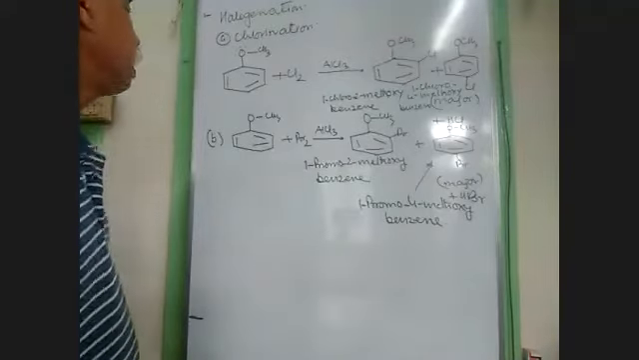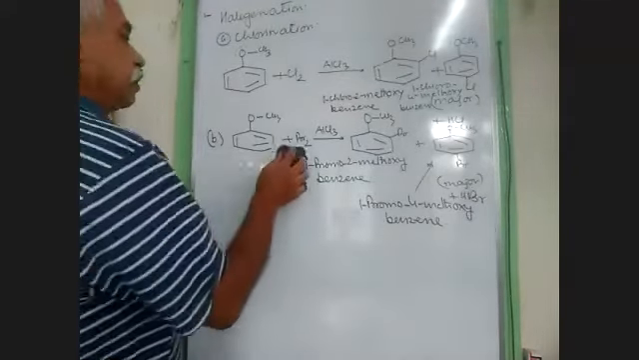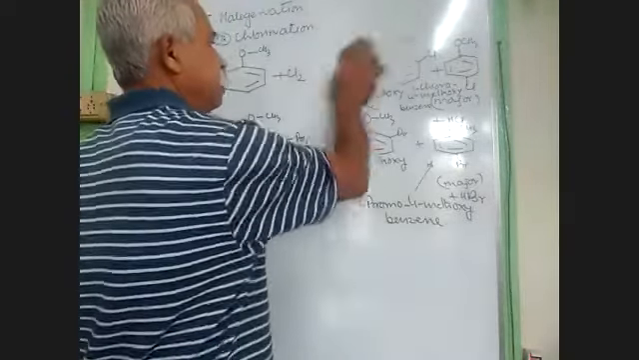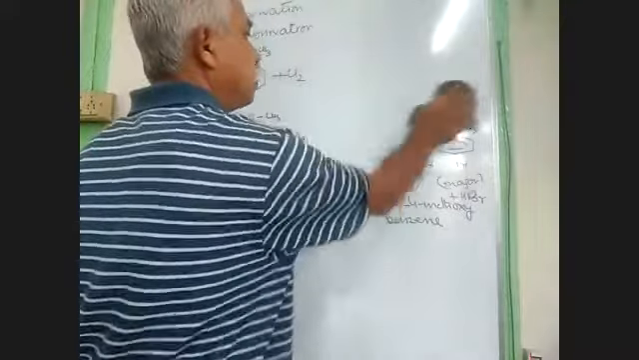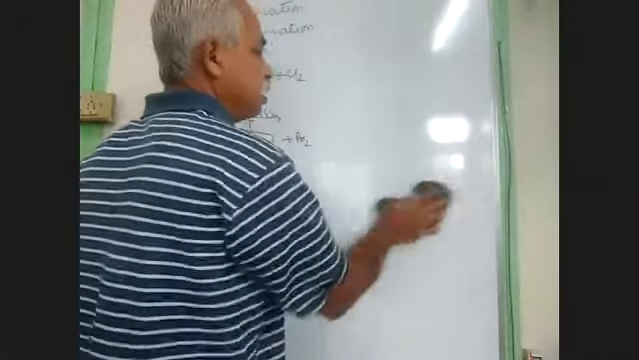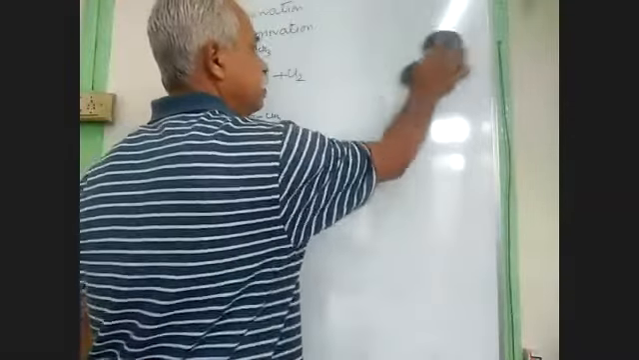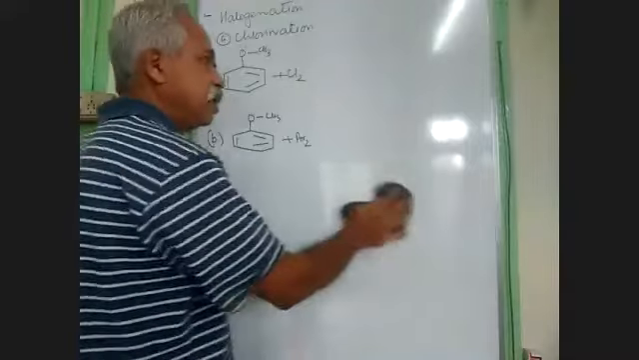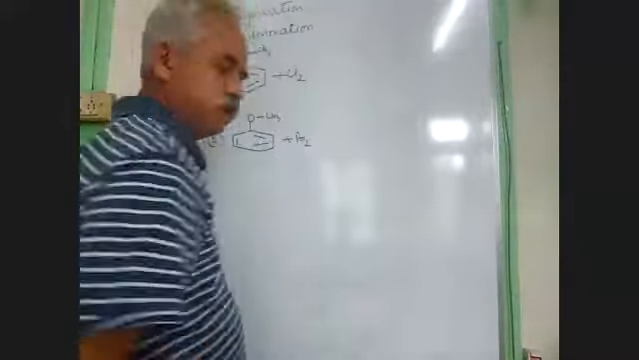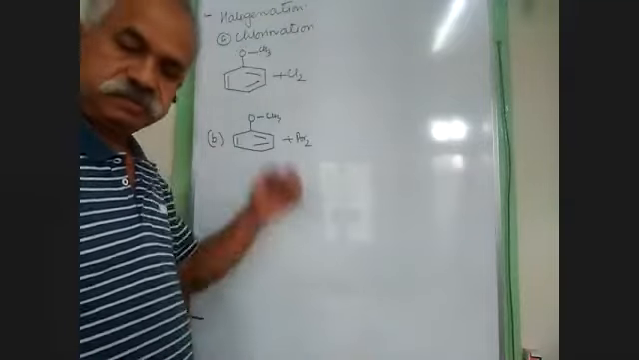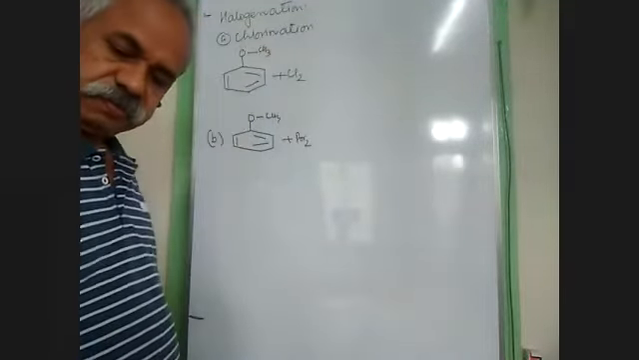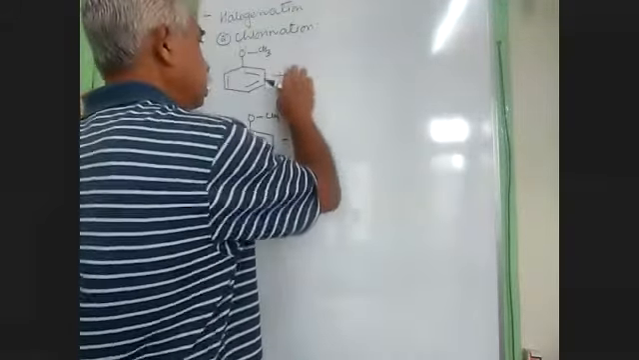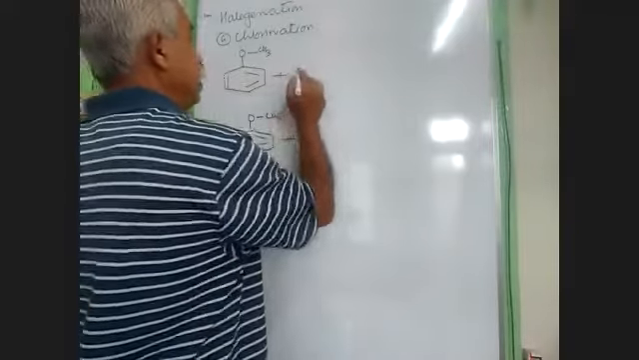Okay, now we'll go for nitration. See, whenever you carry out nitration for aromatic compounds, we always use nitrating mixture. So what is nitrating mixture? It is a mixture of concentrated nitric acid and concentrated sulfuric acid. Concentrated nitric acid and concentrated sulfuric acid. So here, if I use